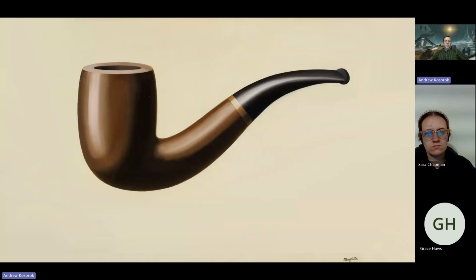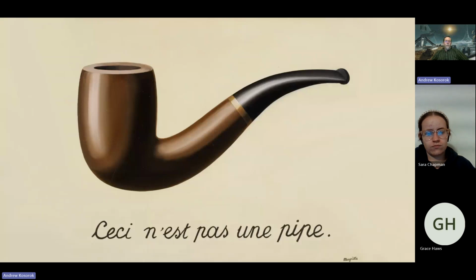The painting at first is obvious in its message. It shows an image of a pipe, and then underneath the image, it tells or reminds the viewer that this is not a pipe. And we can infer the rest. Obviously, that's not a pipe, it's a representation of a pipe. And Magritte means to show us that representations are not the real thing, they only resemble the real thing. But of course, that's common sense. Who in the world would argue the opposite position? But a curious question comes out of this.